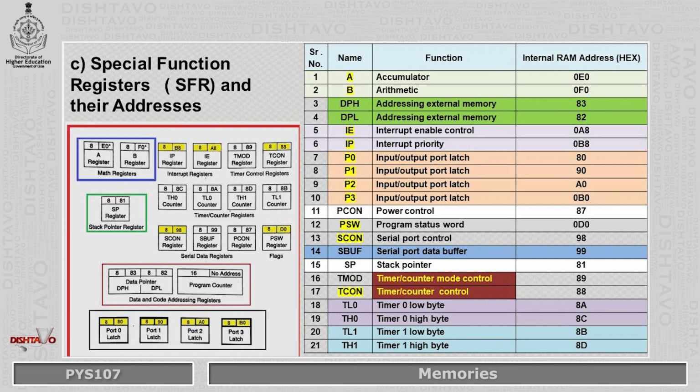Now we are moving to serial number 15 of the special function registers, the stack pointer. The stack refers to an area of internal RAM that is used in conjunction with certain opcodes to store and retrieve data quickly. The 8-bit stack pointer register is used by the 8051 to hold an internal RAM address that is called the top of the stack. The address held in the stack pointer register is the location in the internal RAM where the last byte of data was stored by the stack operation.